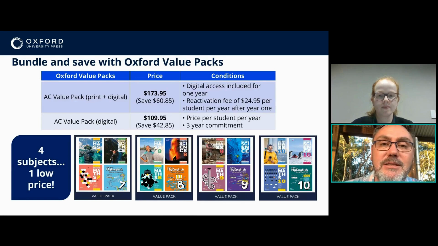We've also packaged this in great value offers. If you're looking to combine your maths with your humanities, which is business, economics, civics and citizenship, geography and history all in the one book, you've got your Oxford Science and your My English all combining as a print digital offer of $173.95. So good savings there, and you've got the inclusion of digital access there, or just the pure digital only of all 4 subject areas